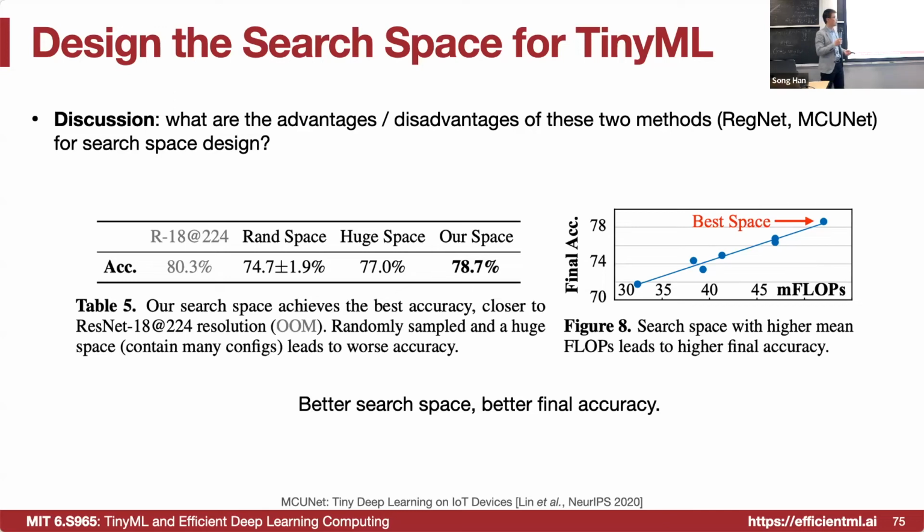It's not necessarily good, because a randomly sampled huge space leads to even worse accuracy, because it's harder to converge and the design space is too big. So the design space based on TinyML is actually outperforming all these different baselines